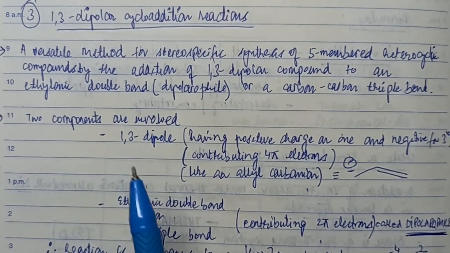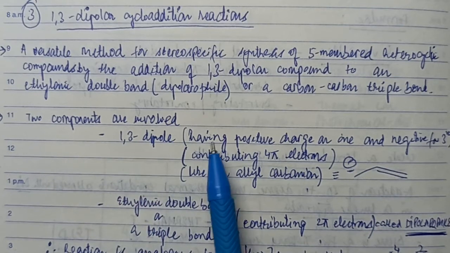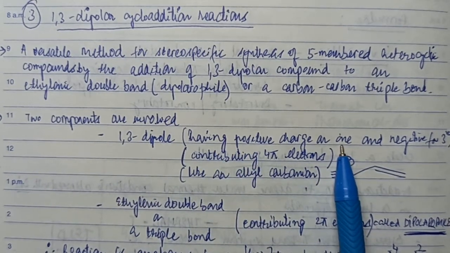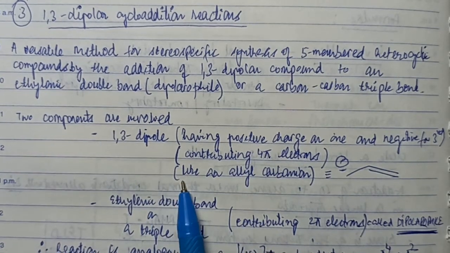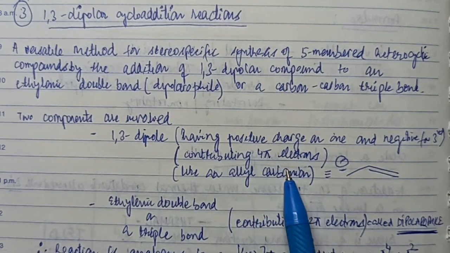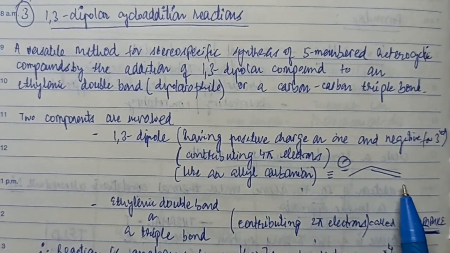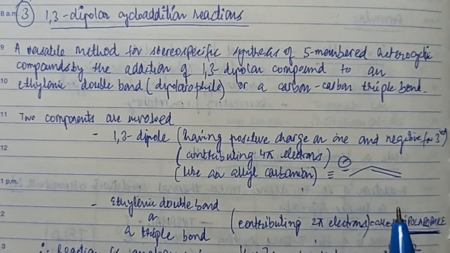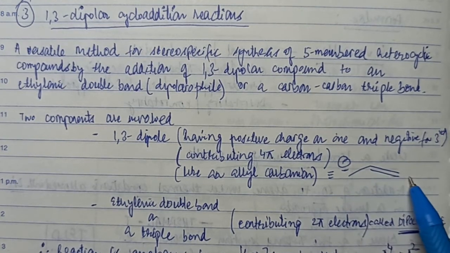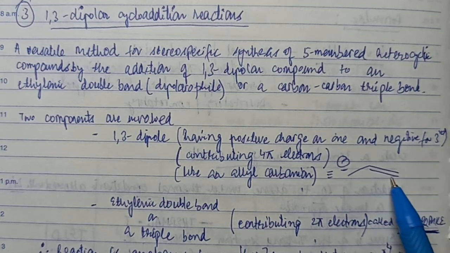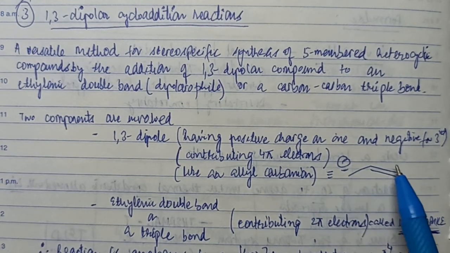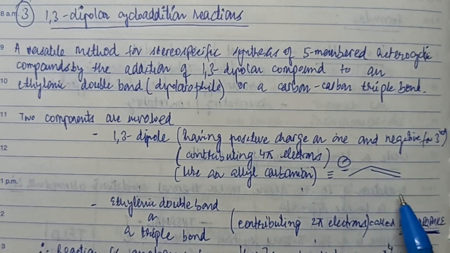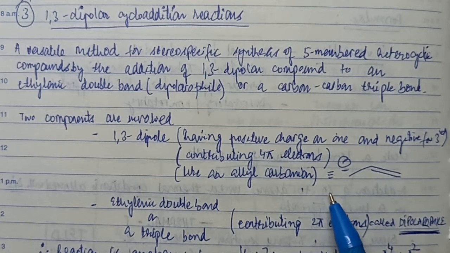The two components are a 1,3 dipole, which will have a positive charge on the first atom and negative on the third, or vice versa. Now a 1,3 dipole is a species which will be contributing 4 pi electrons. For example, if I take a simple example of allyl carbonyl, you can see this is a 3-atom species having a pi bond which is contributing 2 electrons, and a lone pair which is contributing 2 electrons. So total electrons contributed by this 3-atom species is 4,